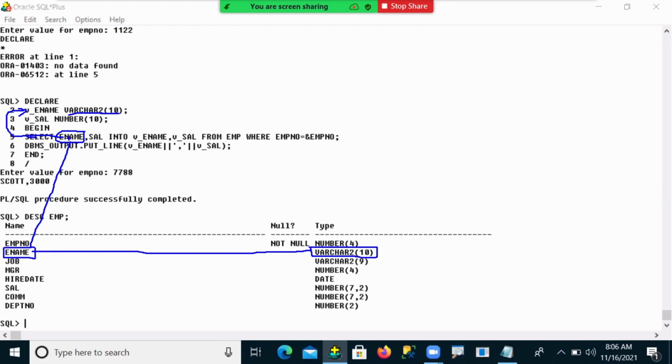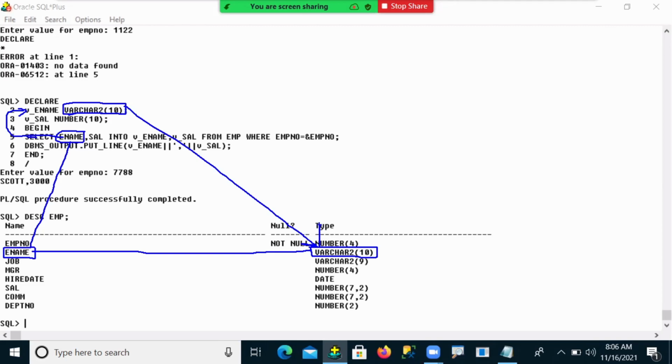So whatever variable I declare for this column, this variable's data type is matching your column data type. Carefully observe.